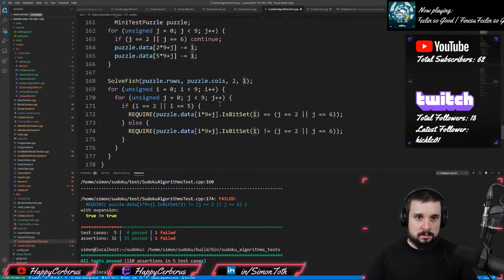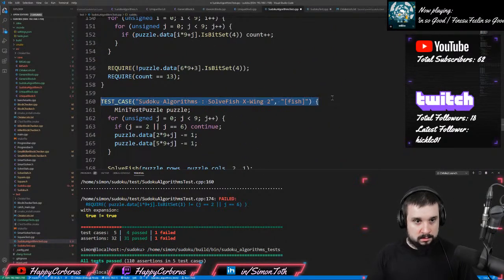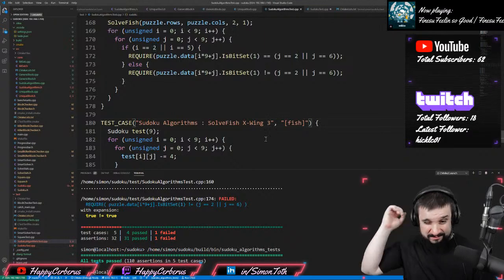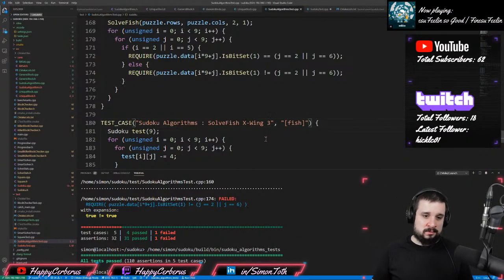Okay, and let's copy this thing over here. It's a bit of a shame that all my tests are basically just X-wings, but to be fair, this is testing the code well enough anyway. I will need to at some point actually have a proper look at my test coverage. The problem is my test coverage has been broken since the start. I don't actually know why. I wish I knew,